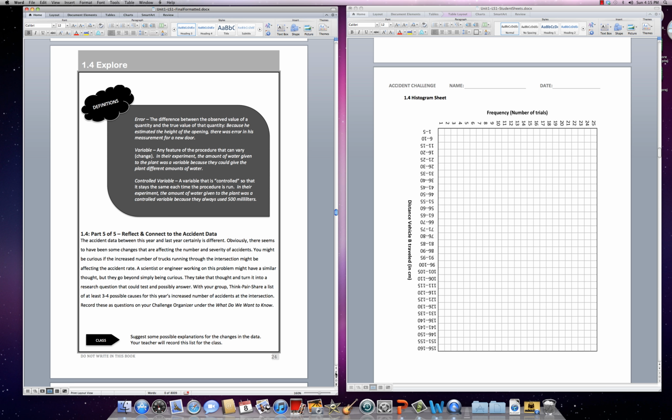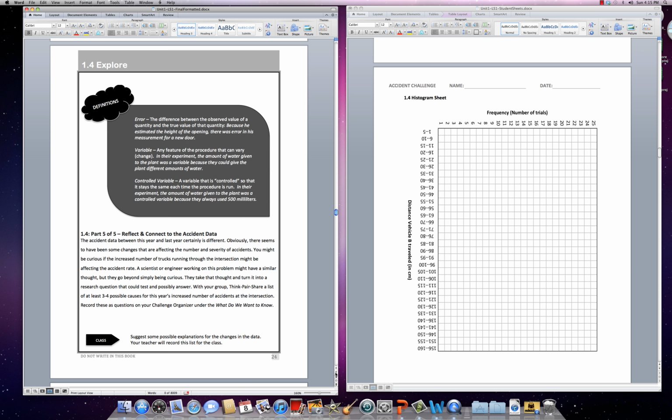And also, when the students fill out on the challenge organizer at the end of 1.4 what they have learned, you could make this a short formative assessment where students would have to express the understanding of why having a consistent procedure is important, why getting accurate and reliable data is important, and how to develop that consistent procedure by controlling variables. So at the end of 1.4, this is a really great time to have a short assessment on consistent procedures,